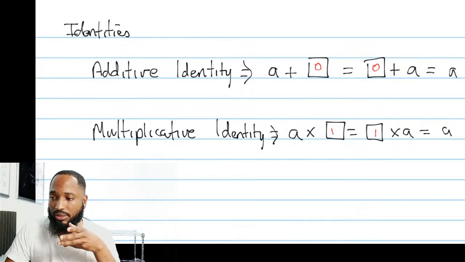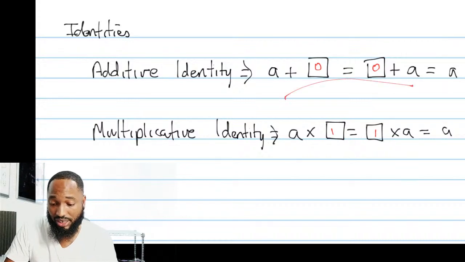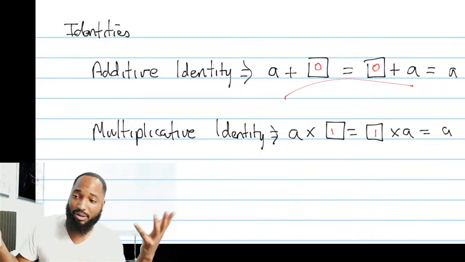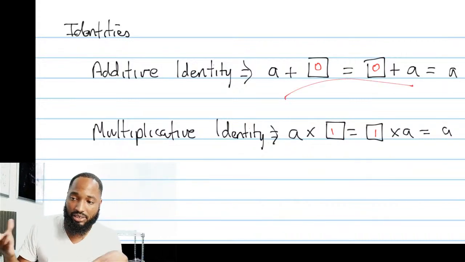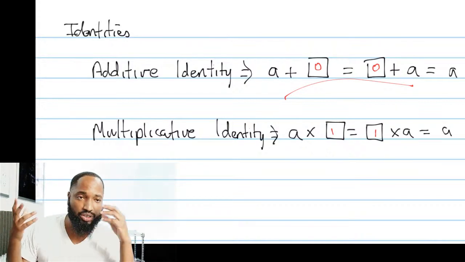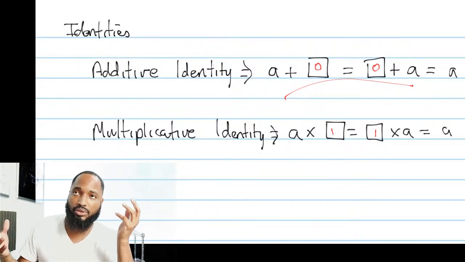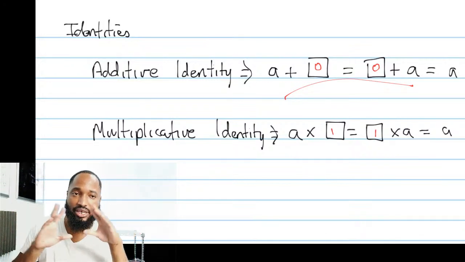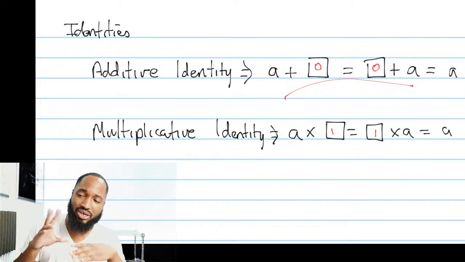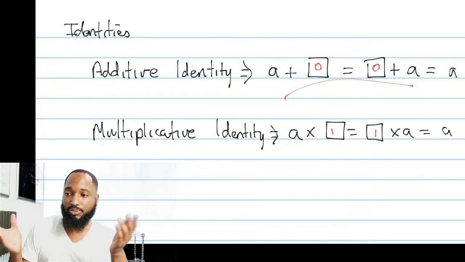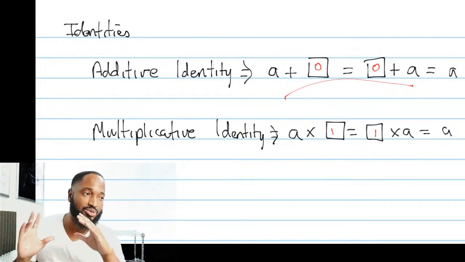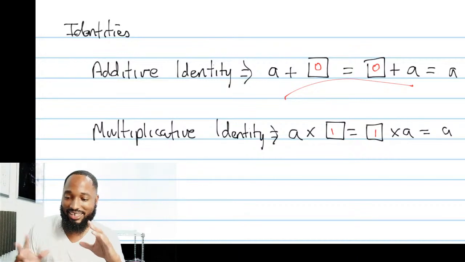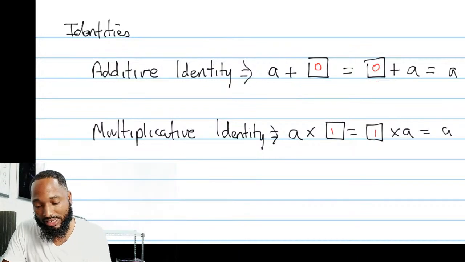And you should know this because they could just throw this out at you and ask which one is showing a demonstration of the additive identity, or which one is showing the multiplicative identity, not to be mixed up with the inverse. They have been known to do that for many years. This is free marks, but you can be careless and just lose the marks. So don't be careless, y'all. This is just pure memorizing here.